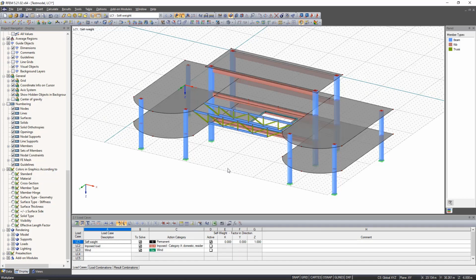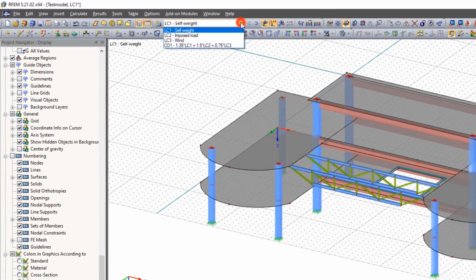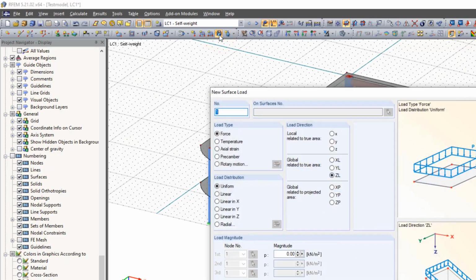Now we put loads on our building. We first select the load case in which the load should act, for example the self-weight. We click the new surface load icon and we can already see the properties of the load in the new window. The self-weight is a force,